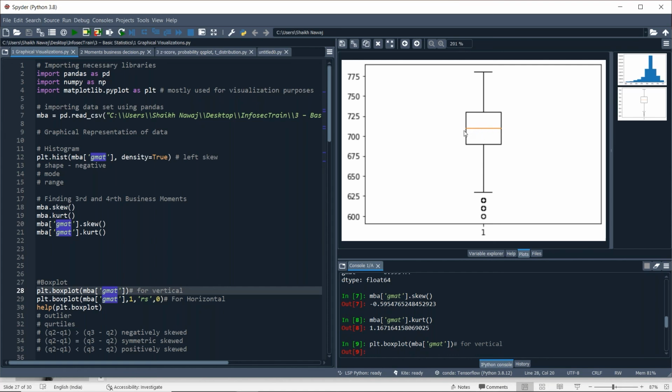Also, with the help of the box plot, we can check the skewness.